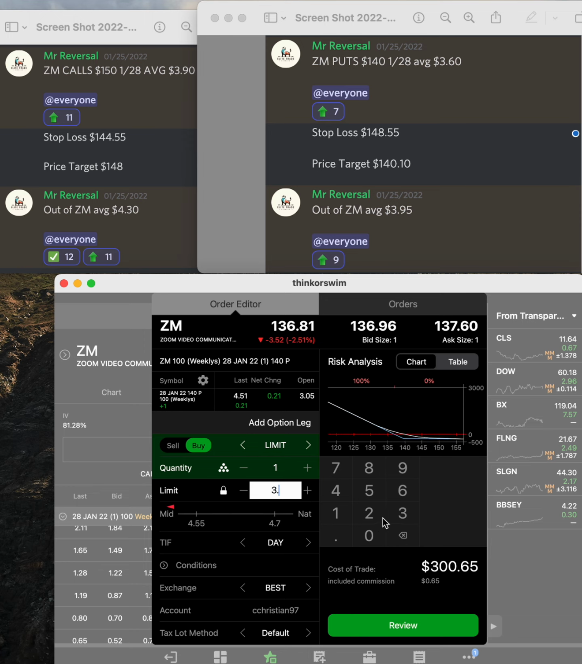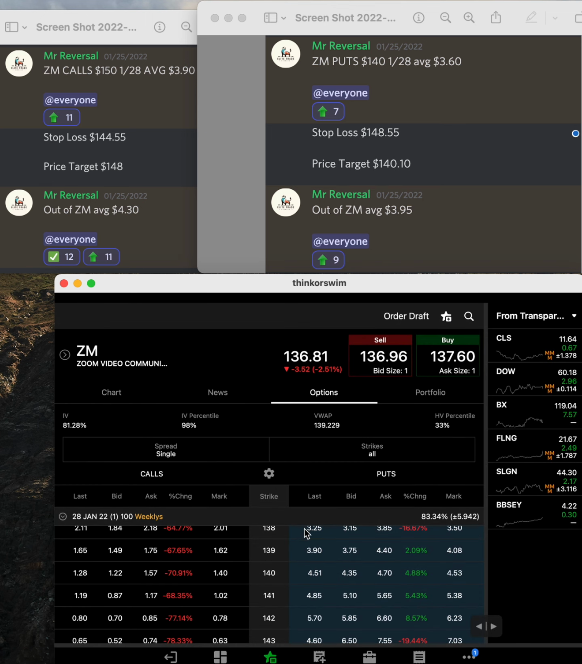So you would type in 3.60, as long as it's buy, as long as it's a limit order, and as long as it's a Zoom January 28th 140. P means put, C means call. If it's a 140C, it would mean a 140 call. So this is the correct contract. You would review and send your order, and as long as you get filled, again, we give the price target and stop loss. If the Zoom stock price starts going above 148.55, the actual stock price, then we would look to cut our loss. We would simply go to our positions,